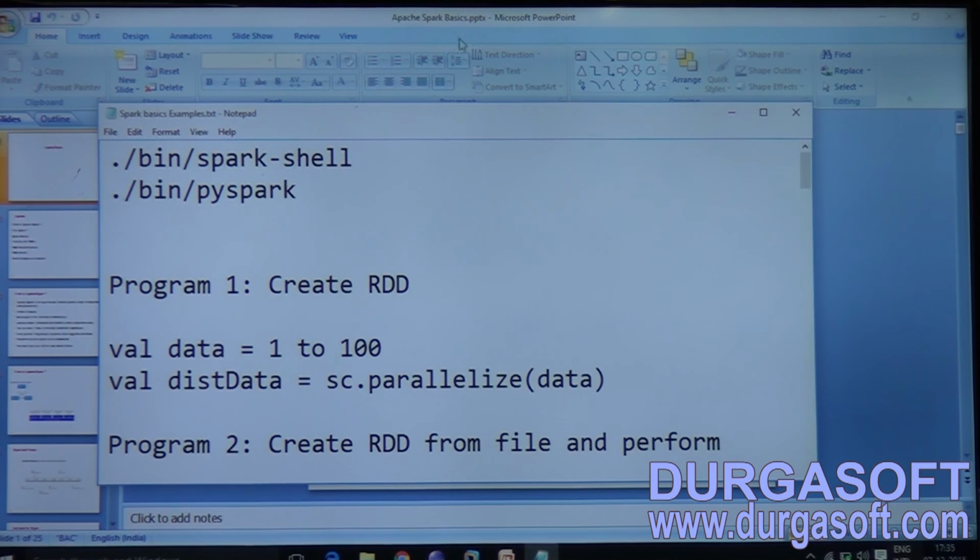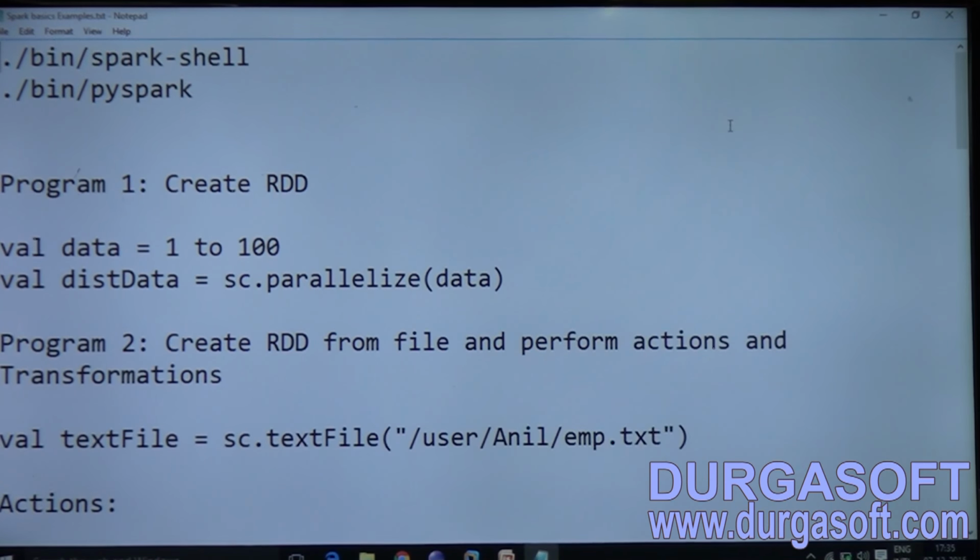Let's see some of the programs. I have designed some programs to show you. This is the Scala language. Using that we are going to create some RDDs, perform some actions and all those things. Okay, so these are all the programs. If you want to create an RDD out of some list of data,